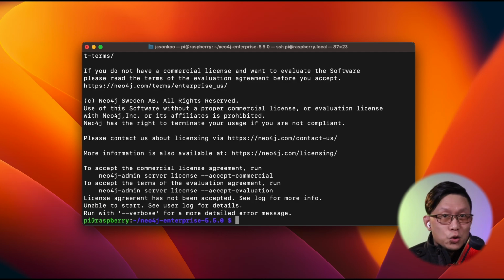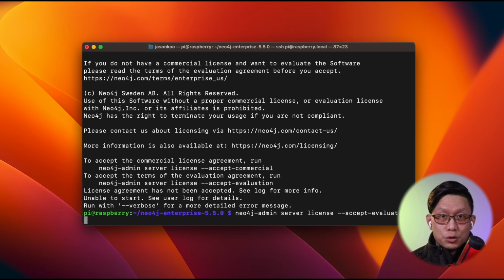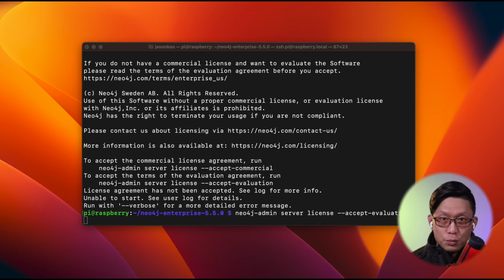If, like me, you use the Enterprise Edition, you're going to have to first accept the Enterprise License Agreement. And again, the commands for accepting the license are both printed in the console and available in the description. Now, the licenses come in two flavors, commercial and evaluation. If you're an existing enterprise client and you're ready to go into a production setting, select the commercial license. Otherwise, if you're trying this out for the first time, select the evaluation option and you can